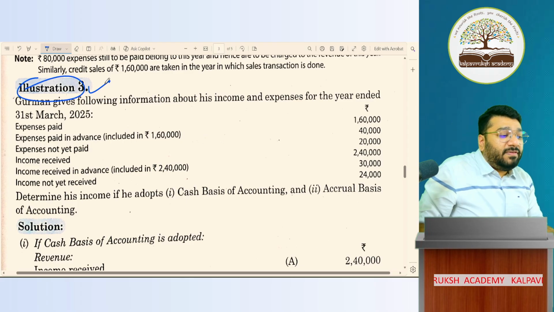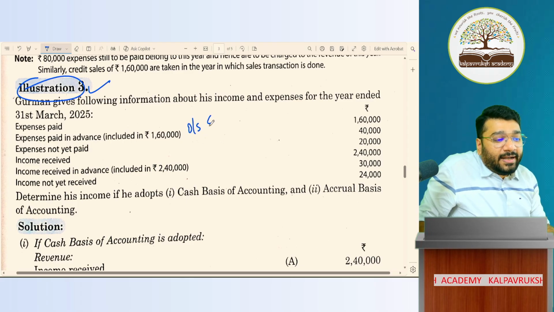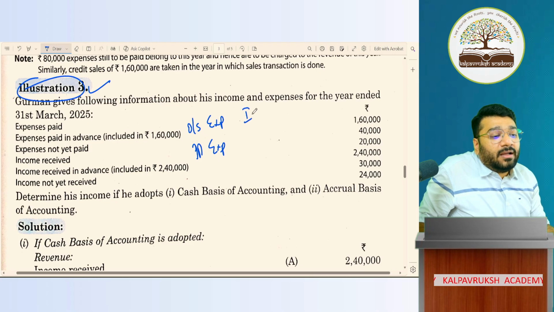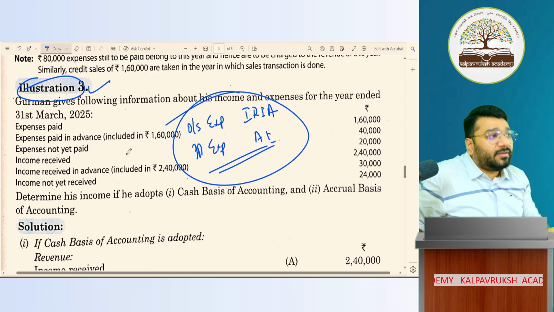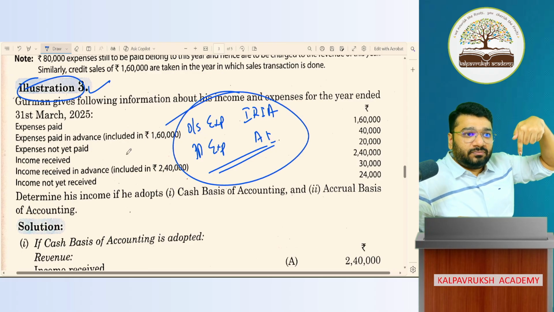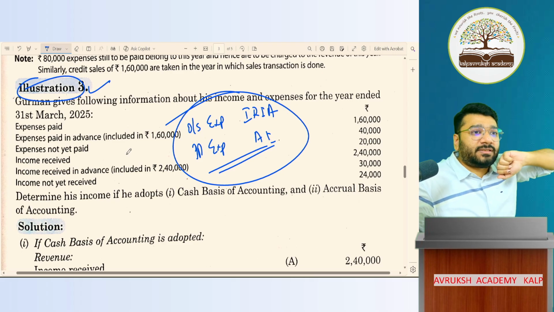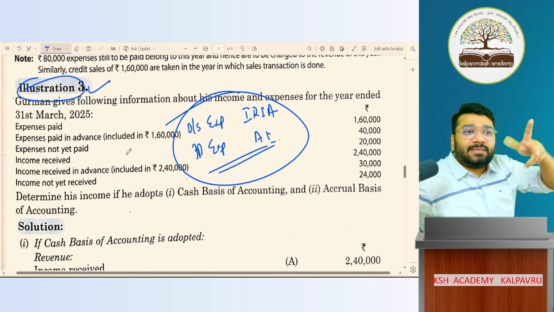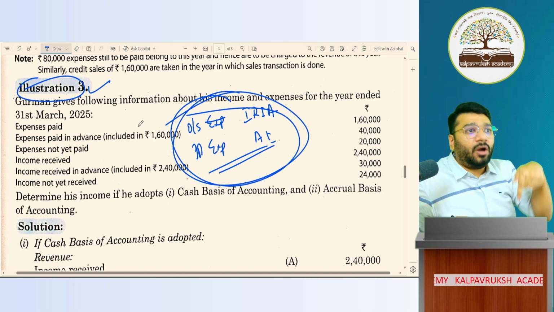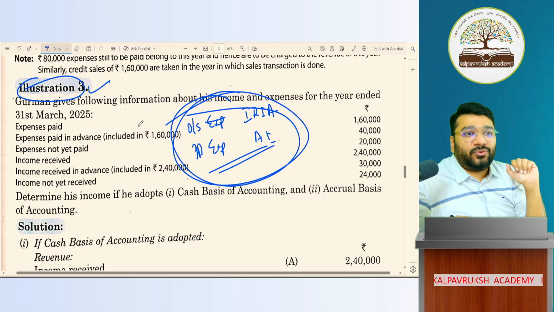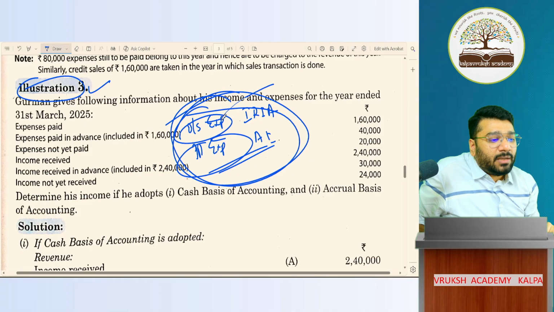In this question, we have the concept of outstanding expenses, prepaid expenses, income received in advance, and then accrued income. These 4 points, last year I revised in chapter 2. But I felt it's too early for some people to revise. So now, in the current year, I changed my strategy. I will revise it in the null concept, but not in chapter 2. When I do final accounts with you, at that time I'll discuss all these 4.